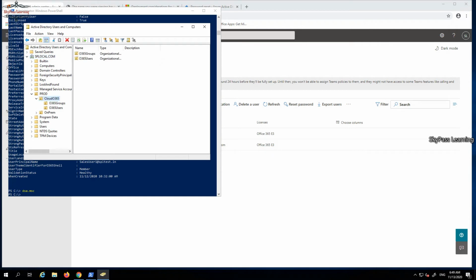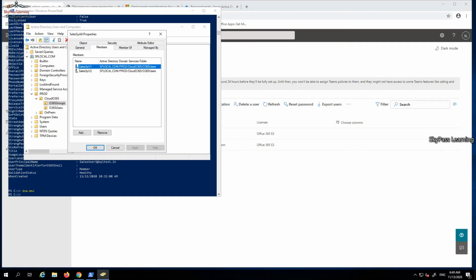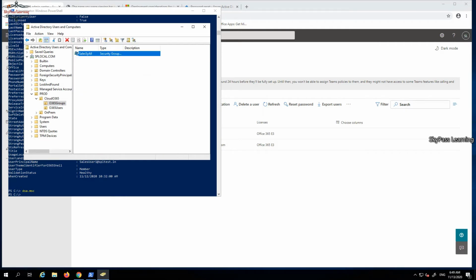Some on-prem I have taken as different ones. So I have the Cloud O365 organizational unit. I will synchronize this organizational unit only, where I have a group and users. Sales SY, I have taken for the sync user 1, sync user 2, and the group is sync user all for sales. And this group has 2 members, these 2 user accounts. So this is what I have on premises right now.